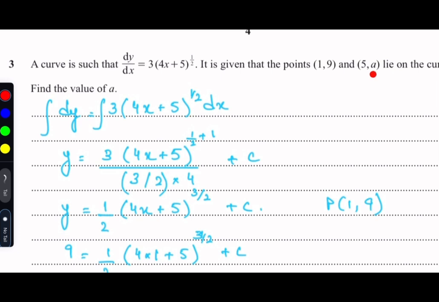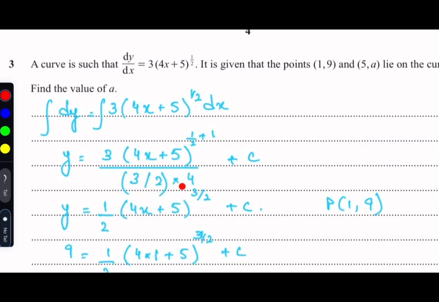So a lies on the curve. That means I have to have the curve equation first to get the value of a. To get the curve equation, I should be integrating the gradient equation. Integral of dy equals integral of 3 bracket 4x plus 5 to the power 1 by 2 dx. Integral of dy is y. Integral of the function is going to be 3 bracket 4x plus 5 to the power 1 by 2 plus 1, and 1 by 2 plus 1 is 3 by 2,